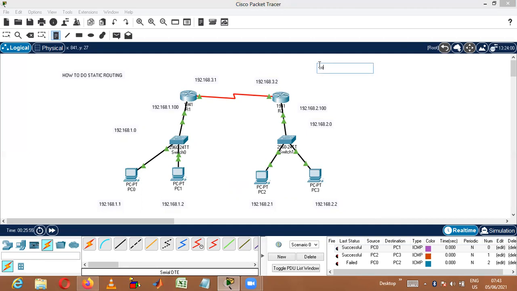Syntax to be used is config. It will be in the configuration mode. In the global configuration mode only, we'll do it. In the global configuration mode, we can do this one. The syntax is IP route,